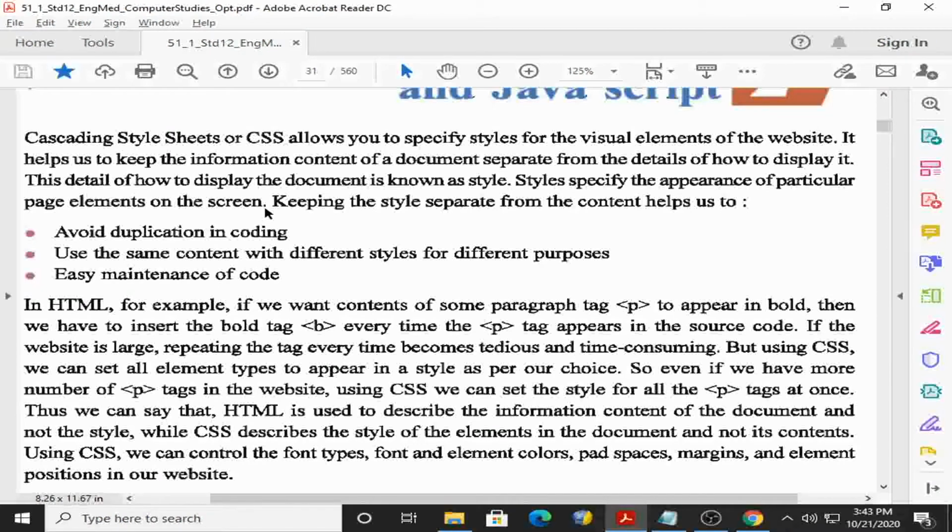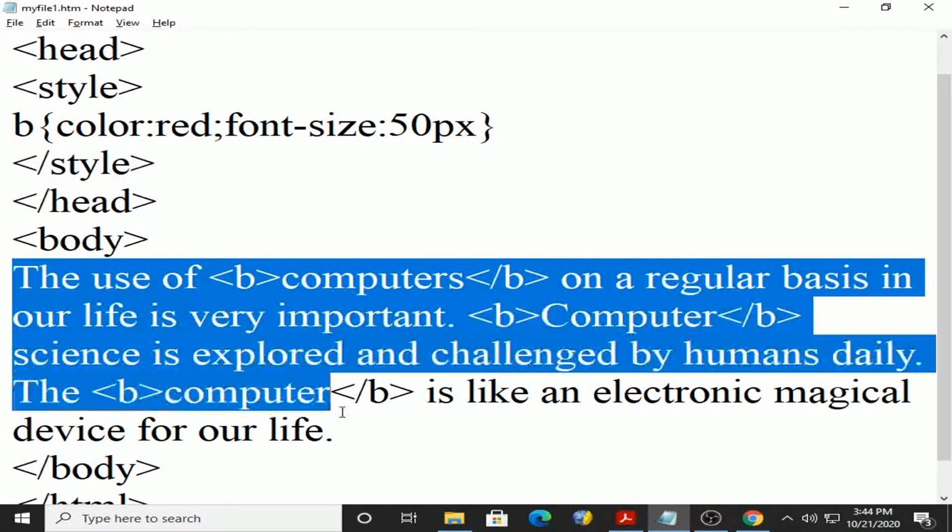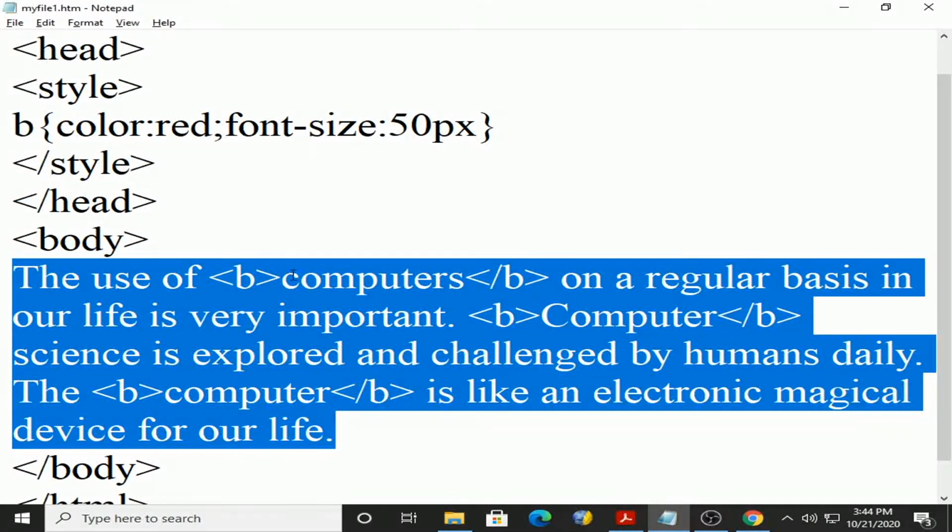Now if you separate style from content, what benefits do you receive? The first benefit: avoid duplication in coding. No need to duplicate the coding, which means lines remain fewer. In the previous case, if you remember, font size 7, color red, I needed to put everywhere.